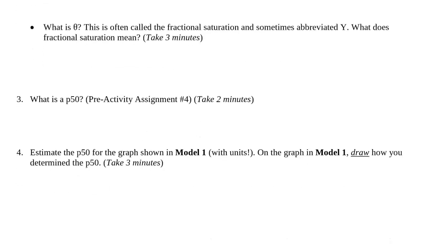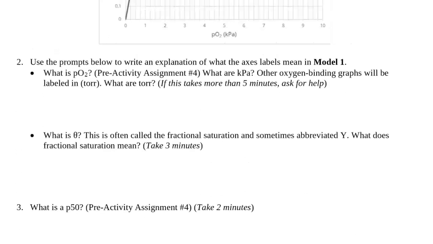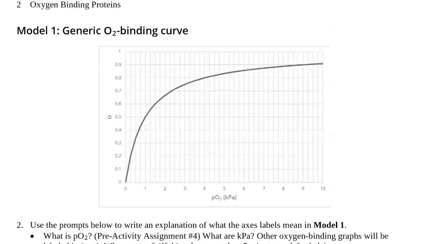Estimate the P50 for the graph and draw how you would estimate it. So much like we did on the PowerPoint slides, we're going to find the fractional saturation at 0.5, and then we're going to read that directly off of the graph, like so. The graph has lines, so we can make sure we're not reading that at an angle. And this is a skill you'll need to practice, because when you are reading graphs, you want to make sure that you're reading it as precisely as possible. It looks to me like this point crosses exactly on that line, which is exactly on the 1 mark.